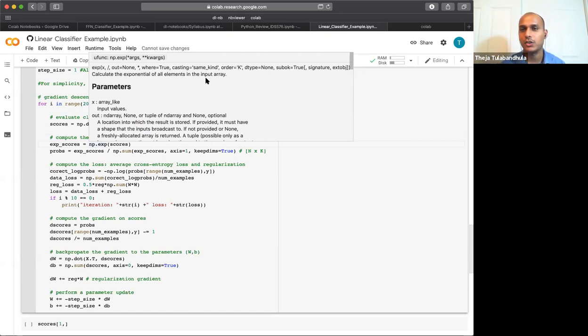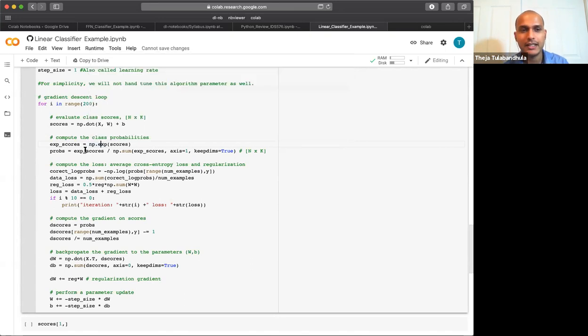There are so many score values because we're looking at all the observations together. We are not doing any batching here because our toy data set only has 300 observations. So exp does exponentiation, and you can see this is also a vectorized operation. You can do a for loop here to deal with each observation, but here we actually vectorize. So exp scores is again a matrix which is 300 cross 3, and we are dividing it by e